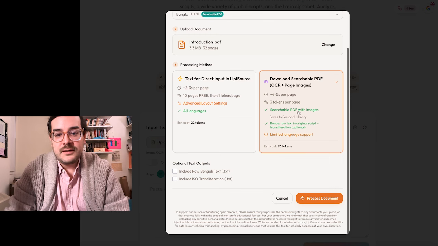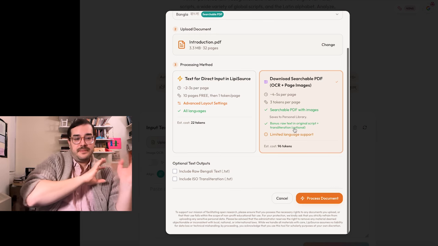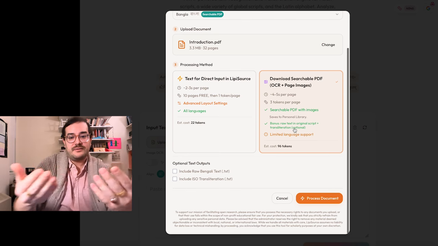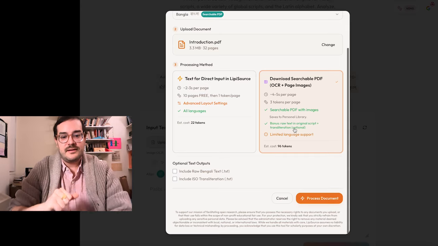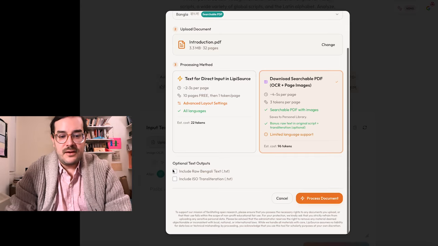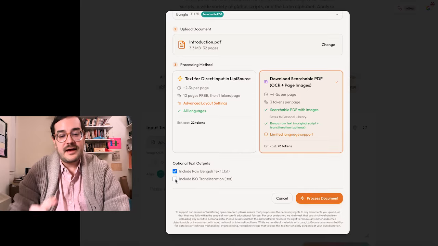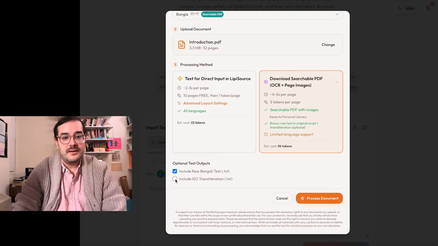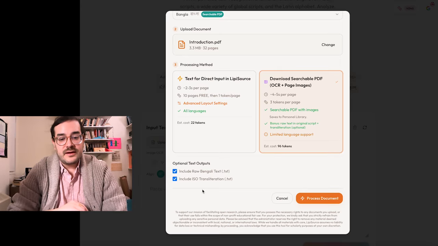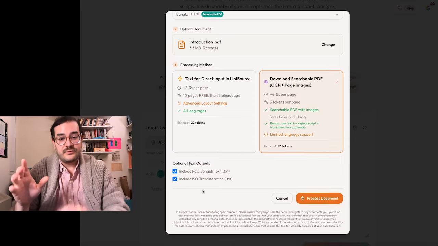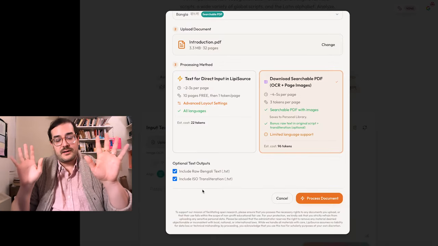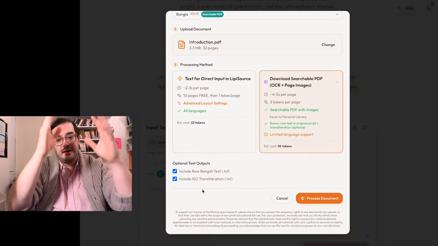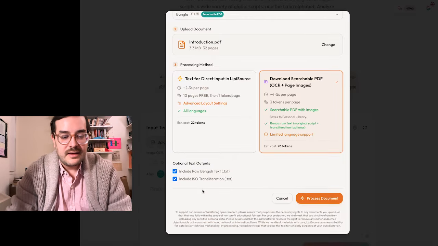And what you can do here is then that text will be sent back to the front end, where you can then view it. And if you want, what I've added as well, you can include the raw Bengali text, similar to what you did with the output in the LipiSource, the input. And you can also include the transliteration as a text file that you can compare alongside the searchable PDF with its pages. And so let's see how that works for a second,